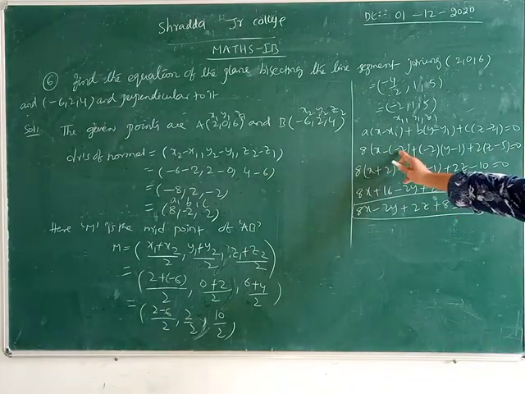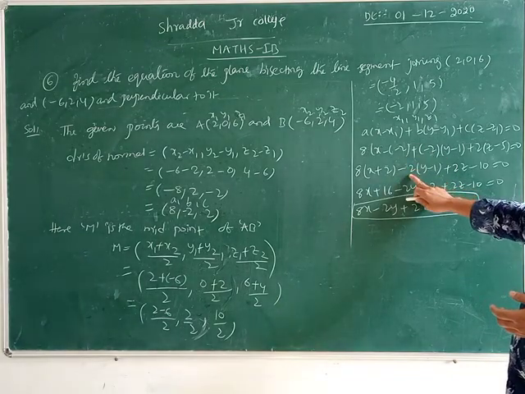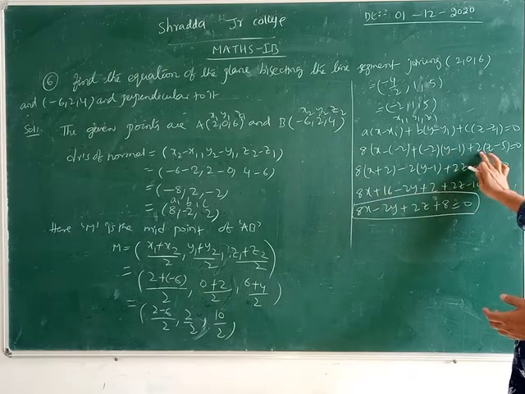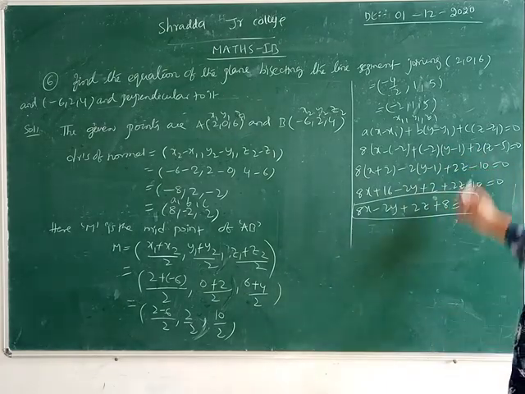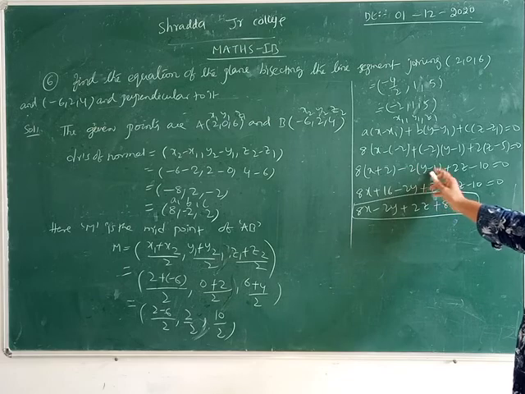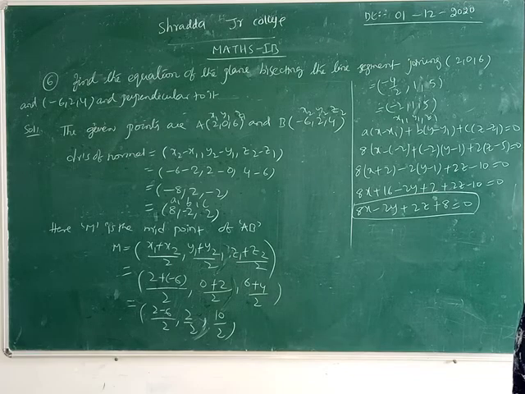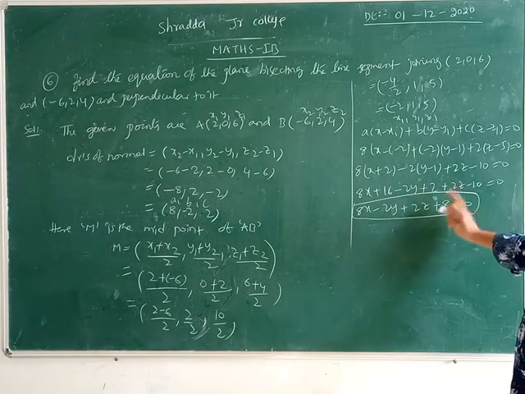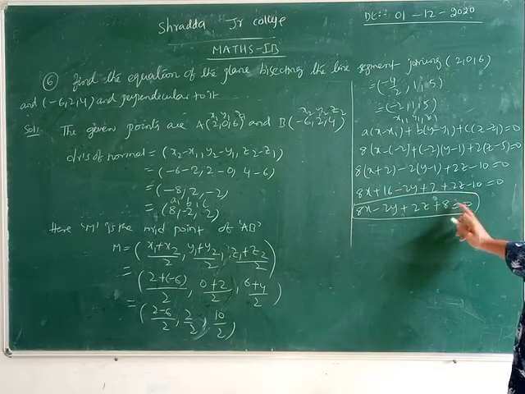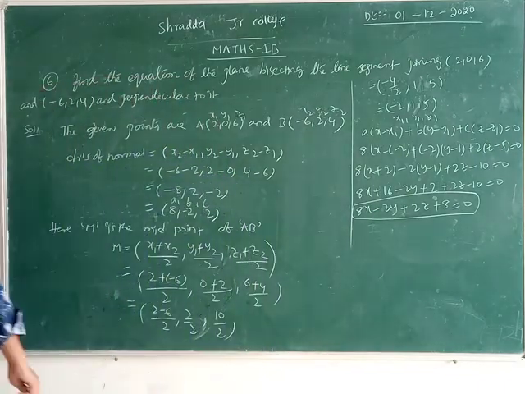Now here, 8 into x, minus into minus, how much is that? Plus 2. Minus 2 into y minus 1, plus this is multiplied with what? 2. Now 2z minus 2 into 5, that is 10, equals 0. So this term is multiplied with 8. 8x plus 8 times 2 is 16, minus 2y, then minus into minus plus 2, plus 2z minus 10 equals 0. So what are we getting here? 8x minus 2y plus 2z plus 18 minus 10, that is plus 8, equals 0. Now this is our required plane equation.